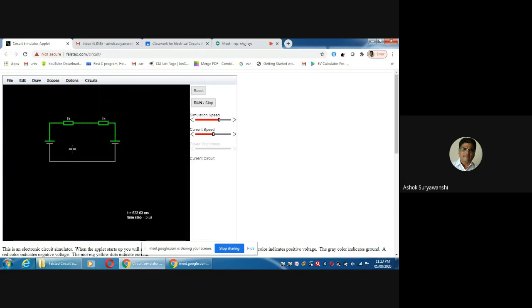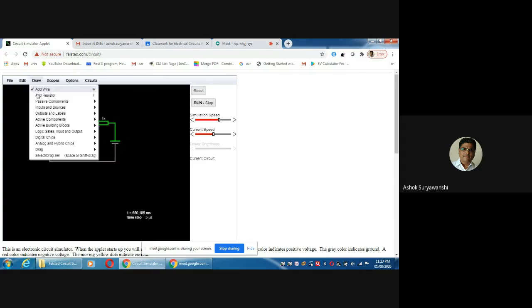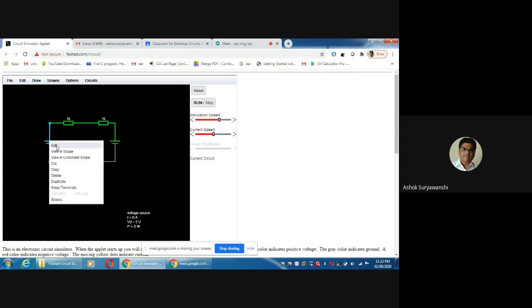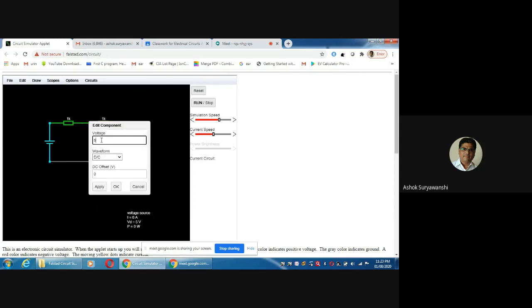I have to set the values. In our first circuit from assignment 1A, the values of the components are as follows. I will select Select/Drag so that I get the pointer, then set the pointer on the component, right click and press Edit. The value of the voltage source is 10 volts, so write 10 volts, waveform DC, offset 0, then apply.